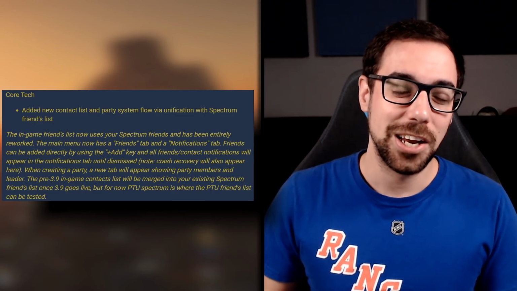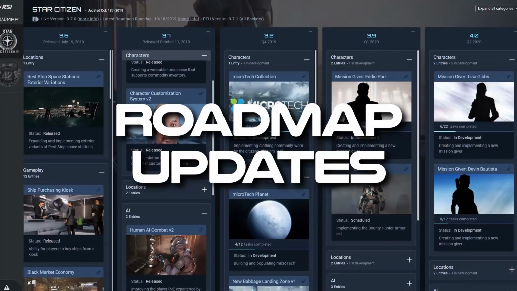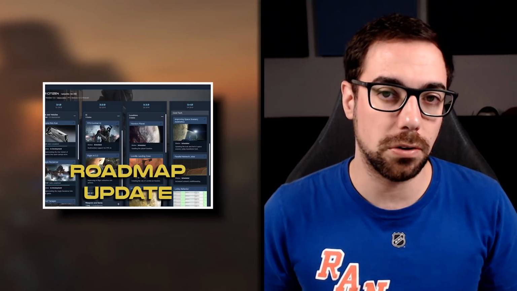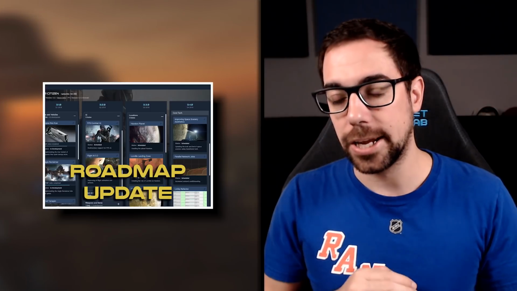Now moving on, we're gonna go into our roadmap updates. And as always, we'll start out with Roadmap Roundup. And well, it is a short one this week. There's one thing in Roadmap Roundup, and it's the friends list that we just discussed is moved to polishing. And it needs the polish. There's still some definite issues and bugs that I'm noticing with the current friends list, but it's overall a huge